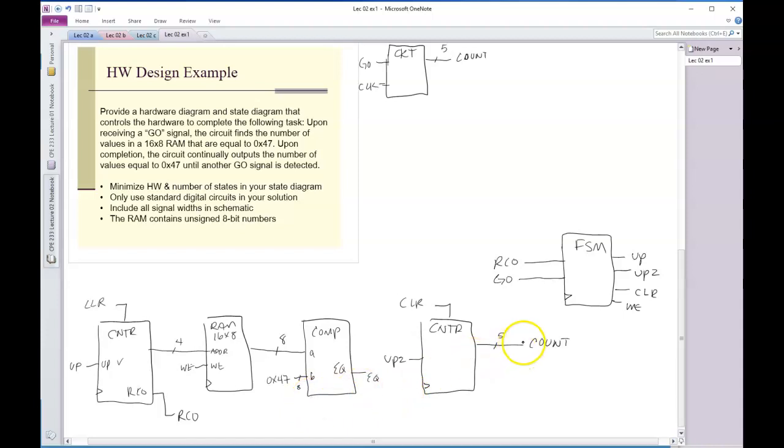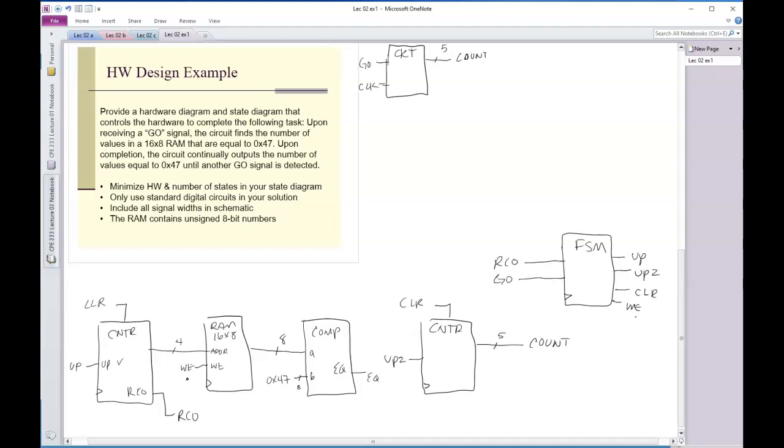I could have connected. You know, the idea here is, for example, this WE is connected to this WE. If I put that in there, it'd be really ugly. It'd be even more messy than it already is. So looking at this thing, I'm trying to figure out what the state machine is going to look at,